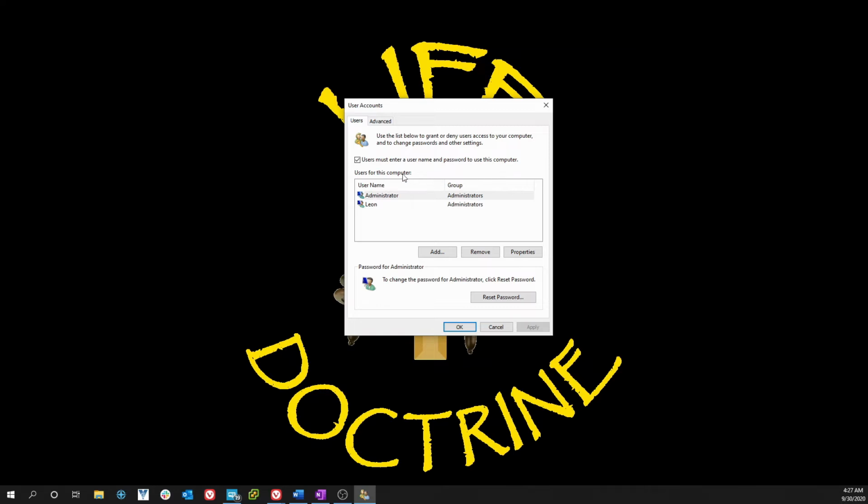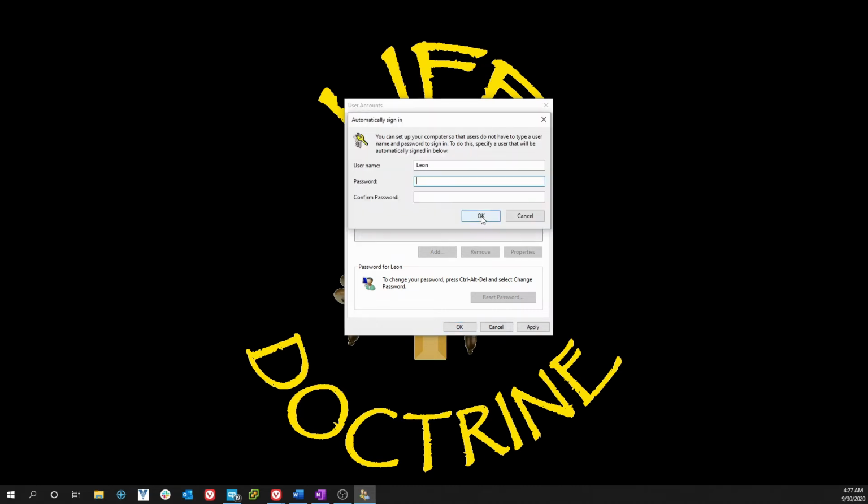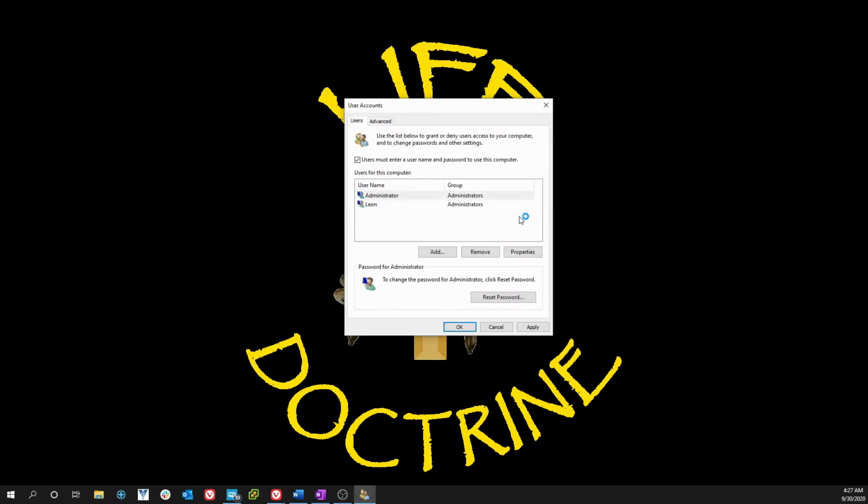So what you want to do is decide which user you want to log in automatically. Let's just say it's me, and you'll uncheck that box, and when you click OK, it will give you a prompt with the username that you selected, and then you'll have to enter the password and confirm that password. And then after you hit OK, you restart your computer and it will log you in automatically. Now, I'm not going to do this because I don't want to forget and then be logging in automatically to this computer. But just to show you, it's whichever one you highlight, it will highlight the administrator account this time. And you see when you click OK,